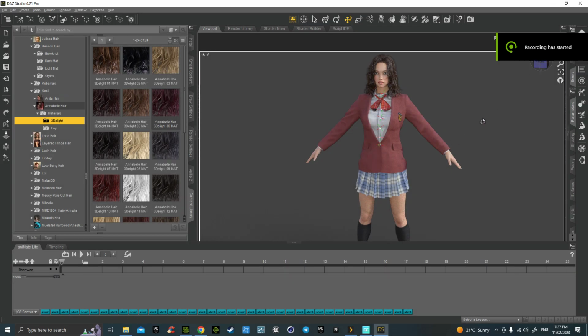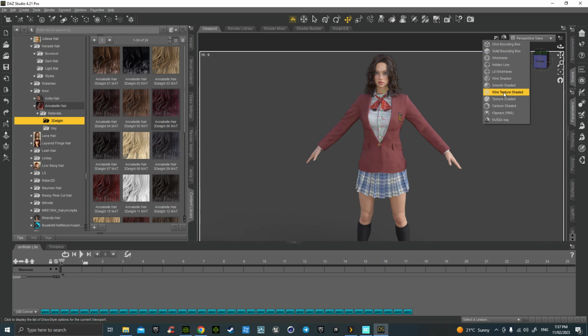Hello. Got this new Genesis 8 model, Paulina, and the new awesome school uniform. And I want to show how to import out the hair and the clothes and the person all at once. And it's a little bit of a process, but